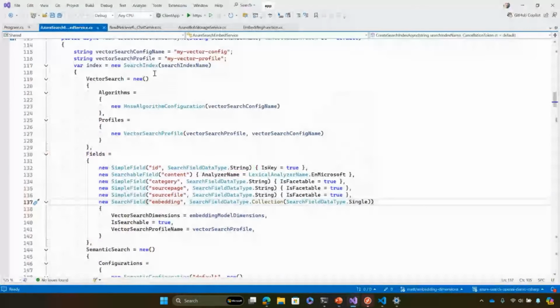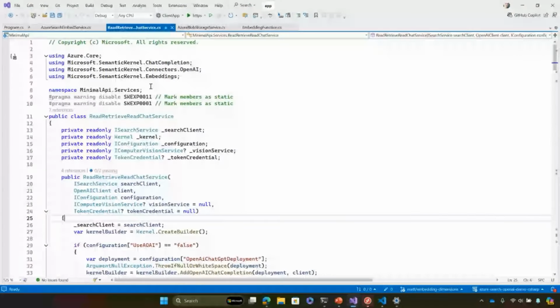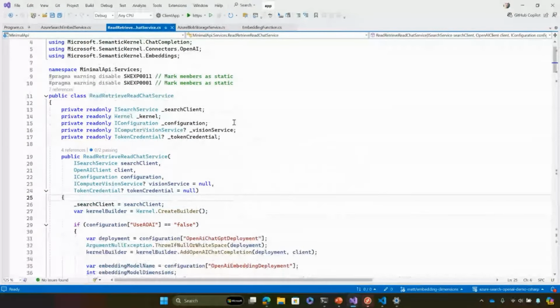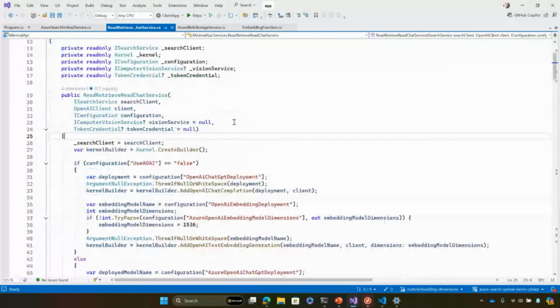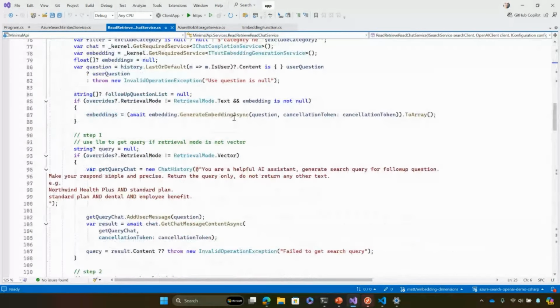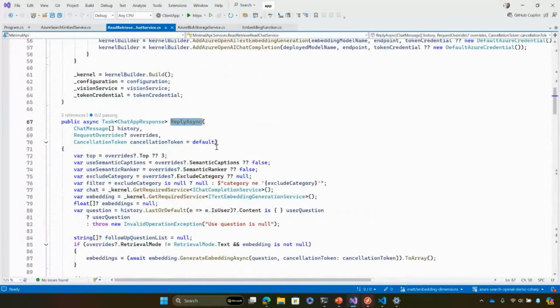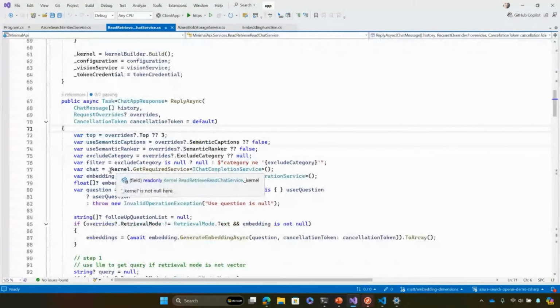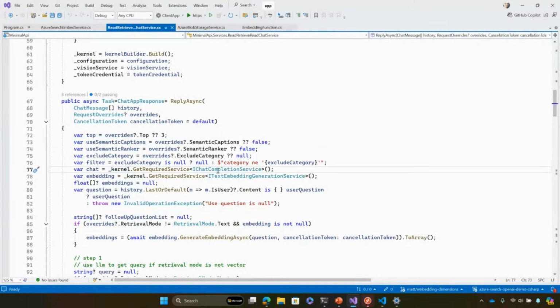More code walkthrough. So I've done that a bit here. Let's talk a little bit about the actual chatting. So how does the chatting actually work? What you really want to do is there's this reply async function where most of the RAG code lives. We're just going to go over it really quickly. We've got some code here that refers to this thing called kernel. Kernel is Semantic Kernel. This is the glue we talked about earlier in the presentation,